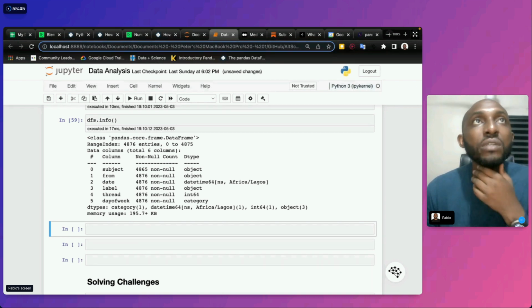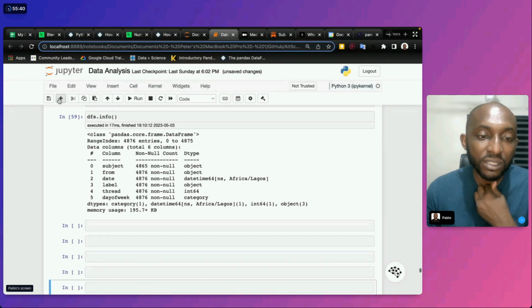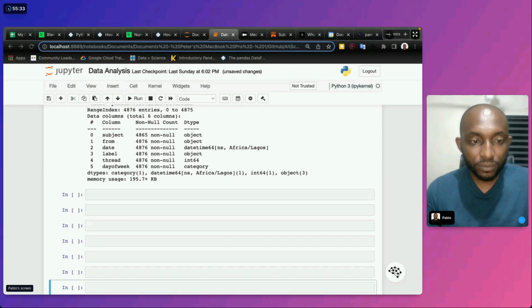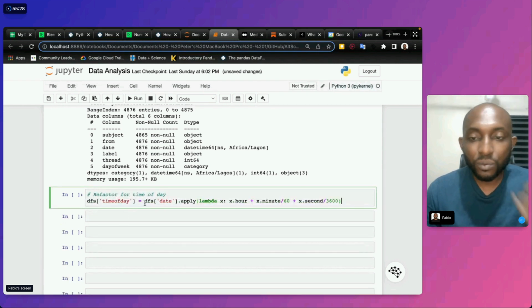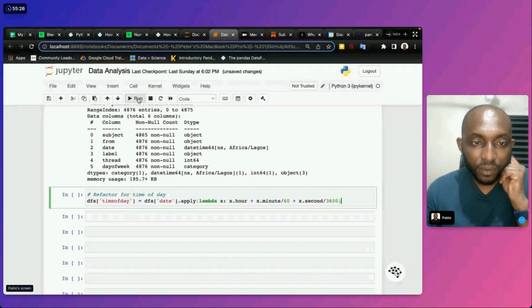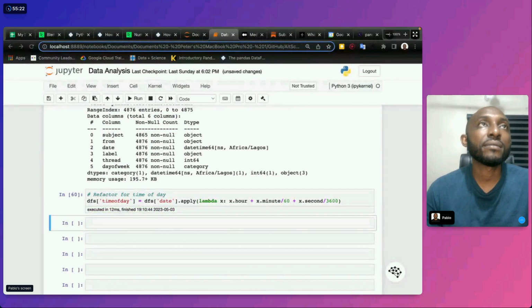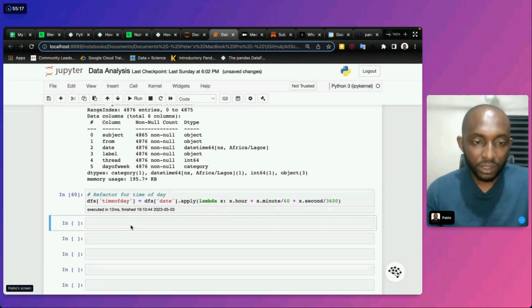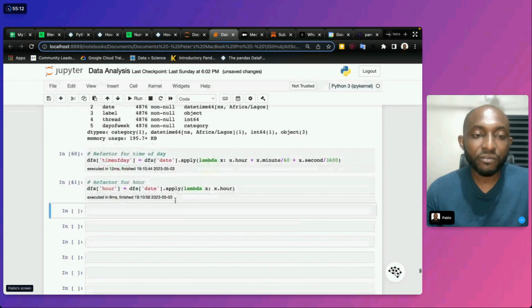Let's finish with all the time components. What I'm going to do is copy the different times. We can have time of day, we can have hour of day, which is the very hour.